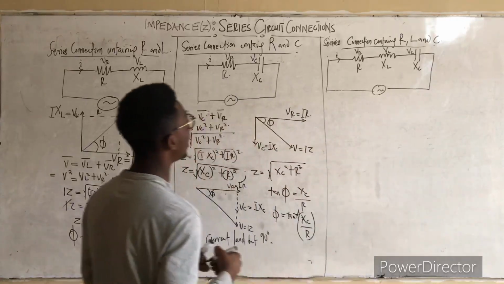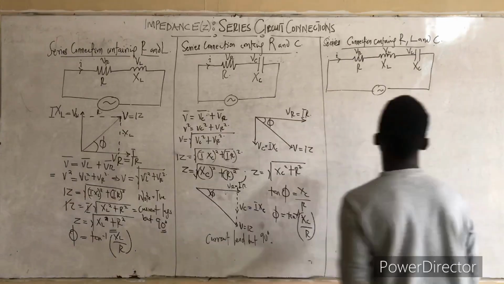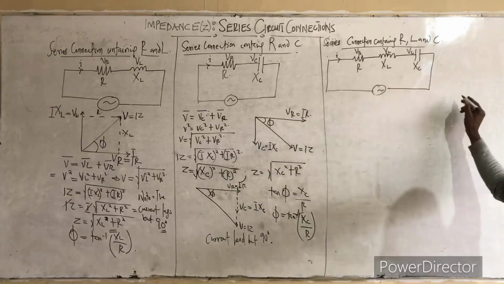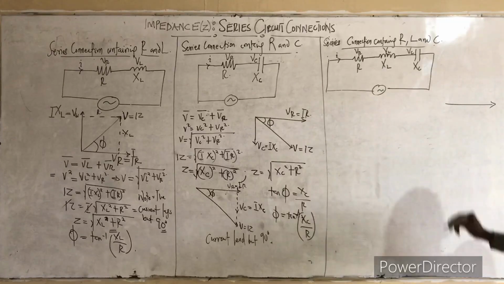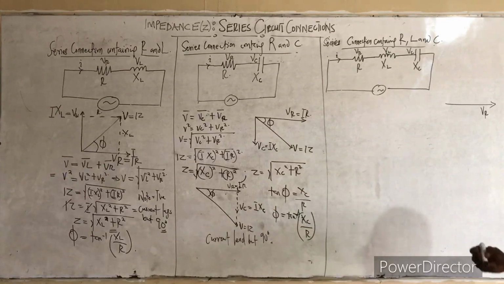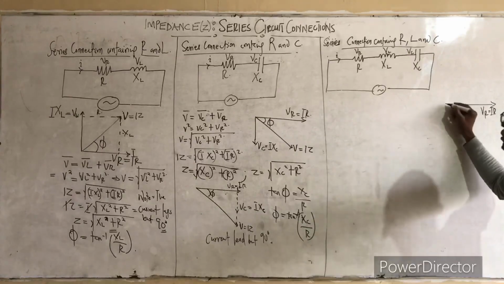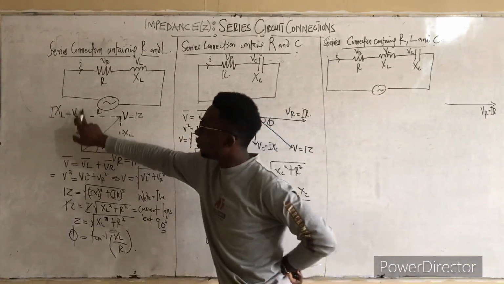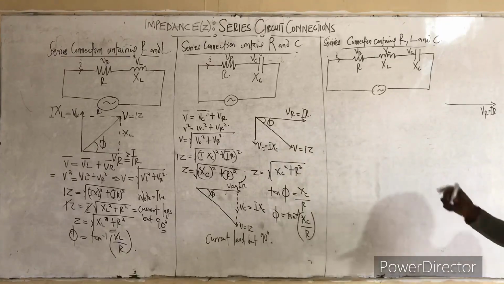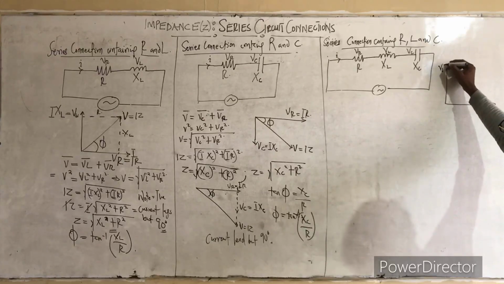Okay, so now this is it. So this is across all of them. Now what can we say here? You realize that the resistance is always in phase. So if it is always in phase, then VR over here is always in phase, which is equal to IR. Now the voltage which we got from here is always pointing up because it always leads, but the current lags in inductors. So for inductors, the VL is always up, which is equal to